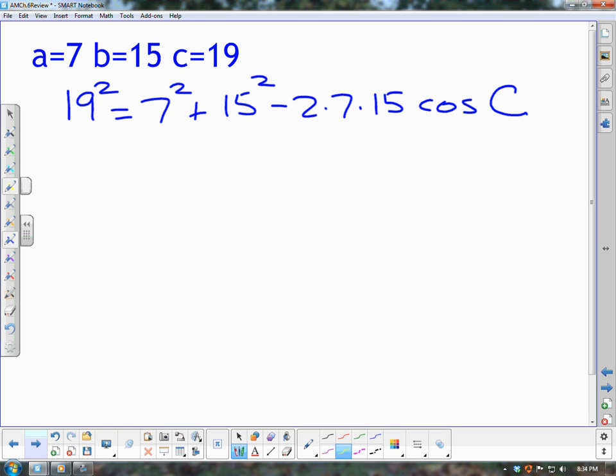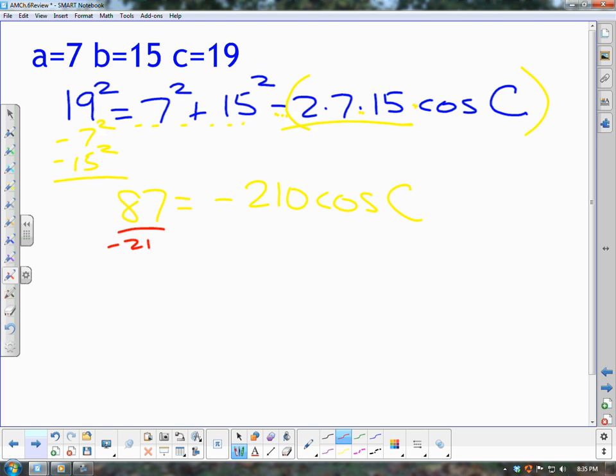And let's see, if we subtract 7 squared and subtract 15 squared, we will get 87 equals negative 210 cosine C. That does not go with those two things because there's a minus sign here, but there's a multiplication sign here and there, so all of this is grouped together. Please don't make that mistake because it's really annoying when you can't just do a simple order of operations thing. All right. Now then you divide by negative 210 and negative 210, and cosine of C is equal to